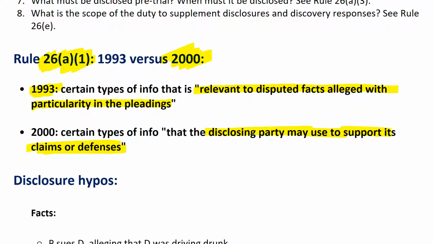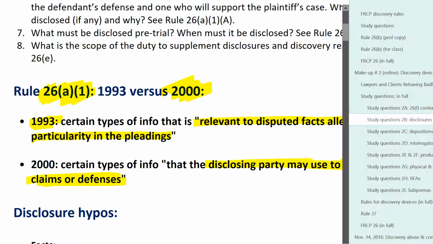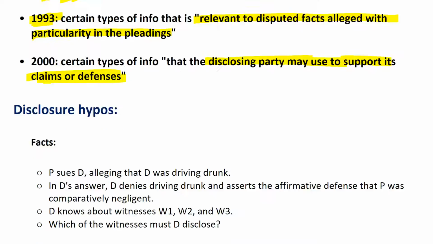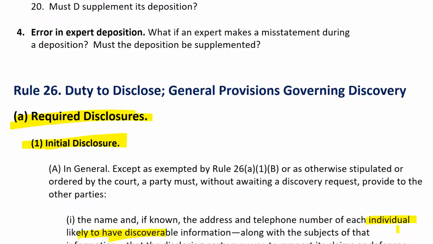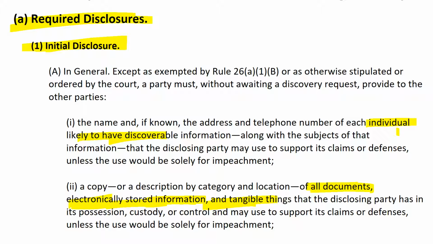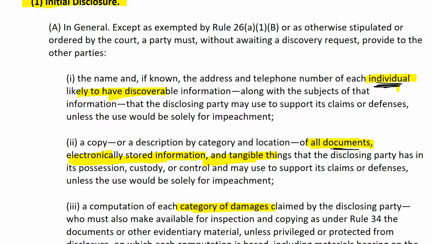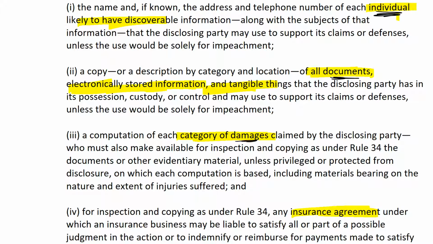You'd have to disclose certain sets of information that would help you. Now, that doesn't mean that you can hide information that hurts you. Rather, what it means is that information that falls within these categories, okay, names of witnesses and parties with information, documents and the like, damages, and insurance agreements, you'd have to give up,